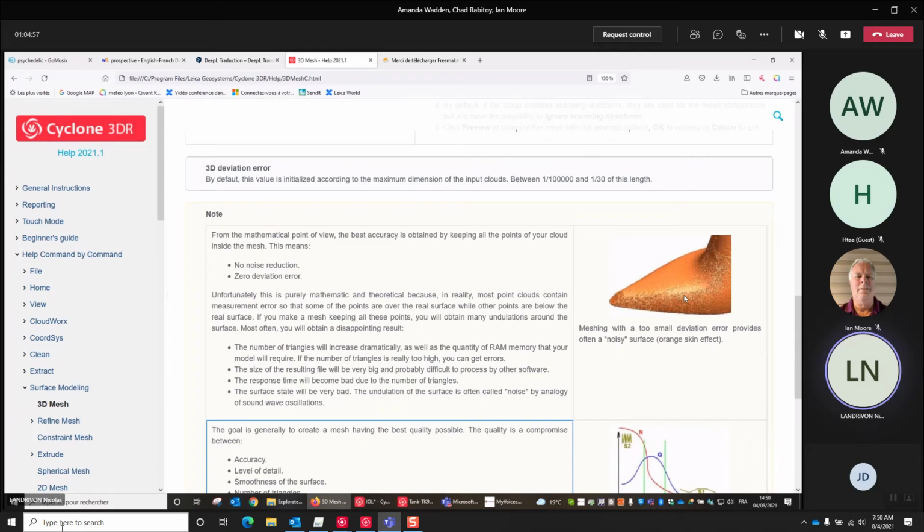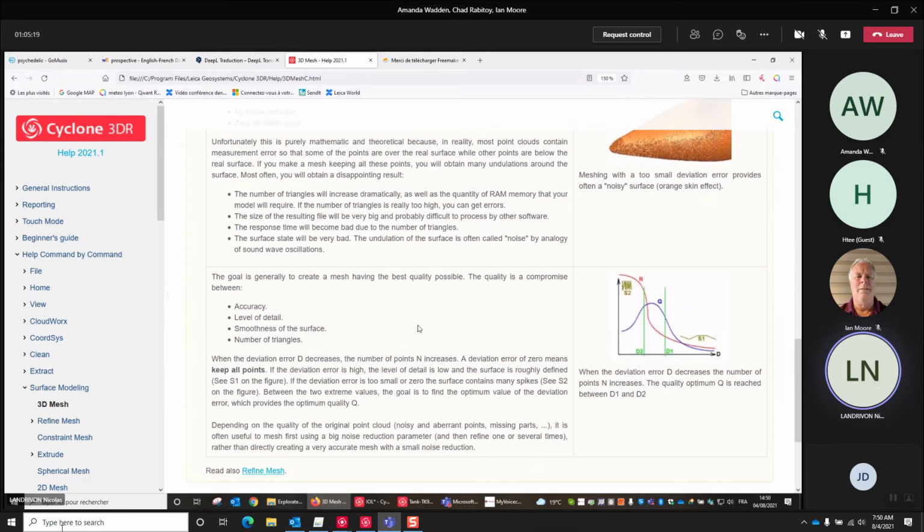Of course, you've got some samples, some small exercises that you can use to better understand, with the beginner guide and the command-by-command help about meshing. They give a little more information regarding the deviation and the different terms for meshing, and how you can try to find a good compromise.